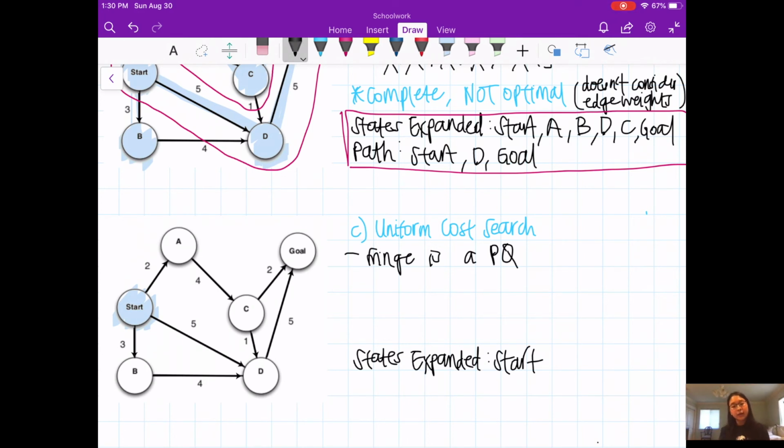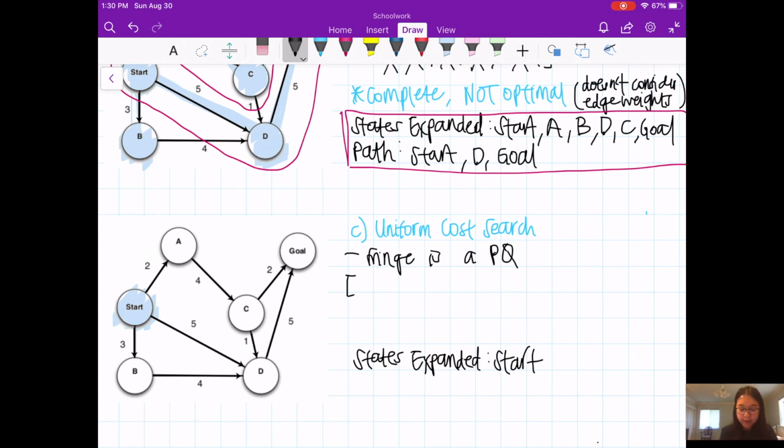Since this is a priority queue, I am also going to have a running list of the different values I'm keeping track of, but I won't necessarily be pulling from the front or the end of the list. I'm just going to look through and find the minimum. So let's start.